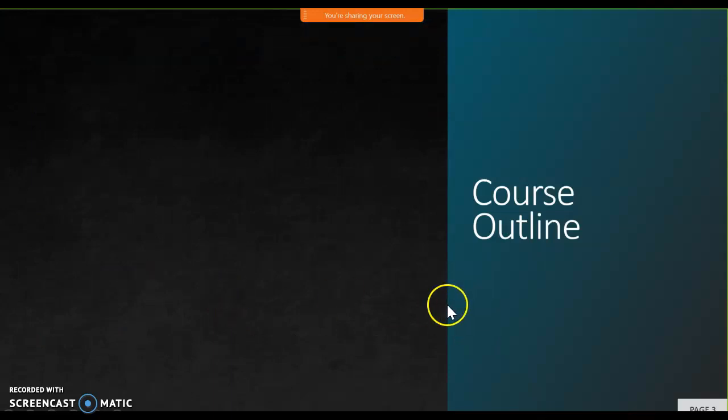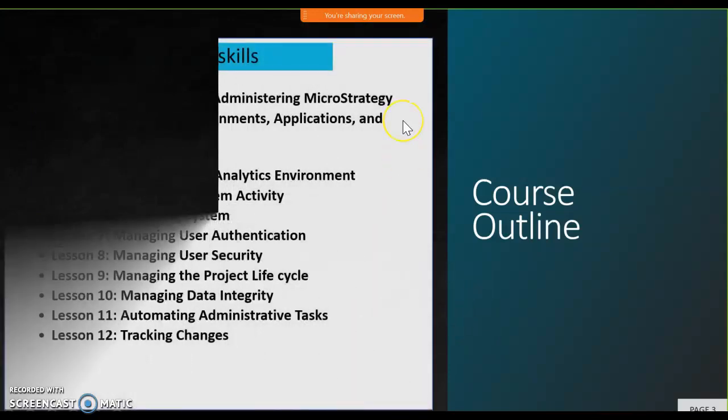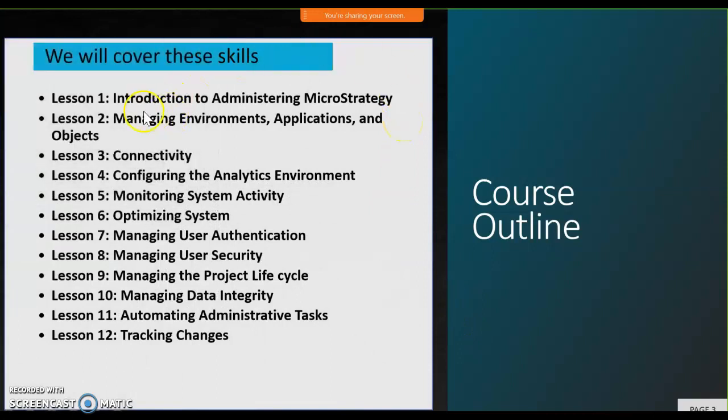So here is the course outline, what we are going to cover in this course. First, we are going to start with the introduction of MicroStrategy. Then we are going to cover how to manage the environment, how to manage the application, how to manage the objects and create the objects, how to make the connection, how to integrate with the database, how to connect with the database source, how to connect with other data sources with the MicroStrategy analytics engine, and then configuration